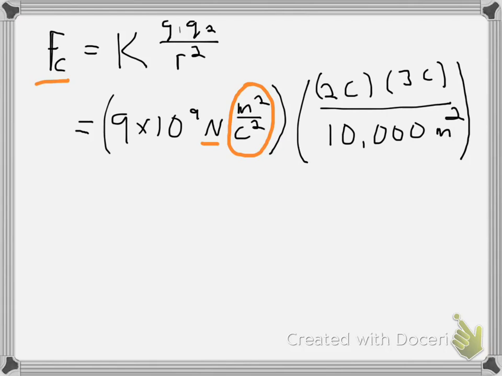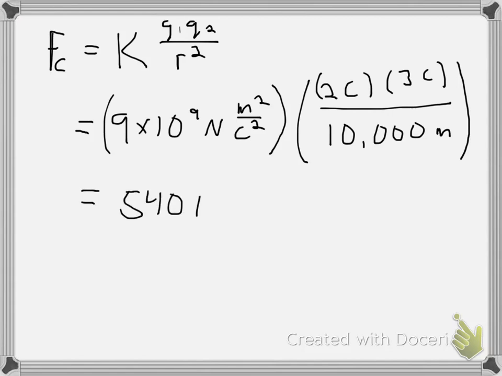So let's look over here, and I'm going to get a coulomb squared here and a meter squared down here. Coulomb squared over meter squared times the meter squared over coulomb squared is just going to give me 1. Sure enough, everything goes away except the newton, so I feel confident that I've written down everything correctly. Now I can just plug this stuff into my calculator, and if you do that, you're going to come up with